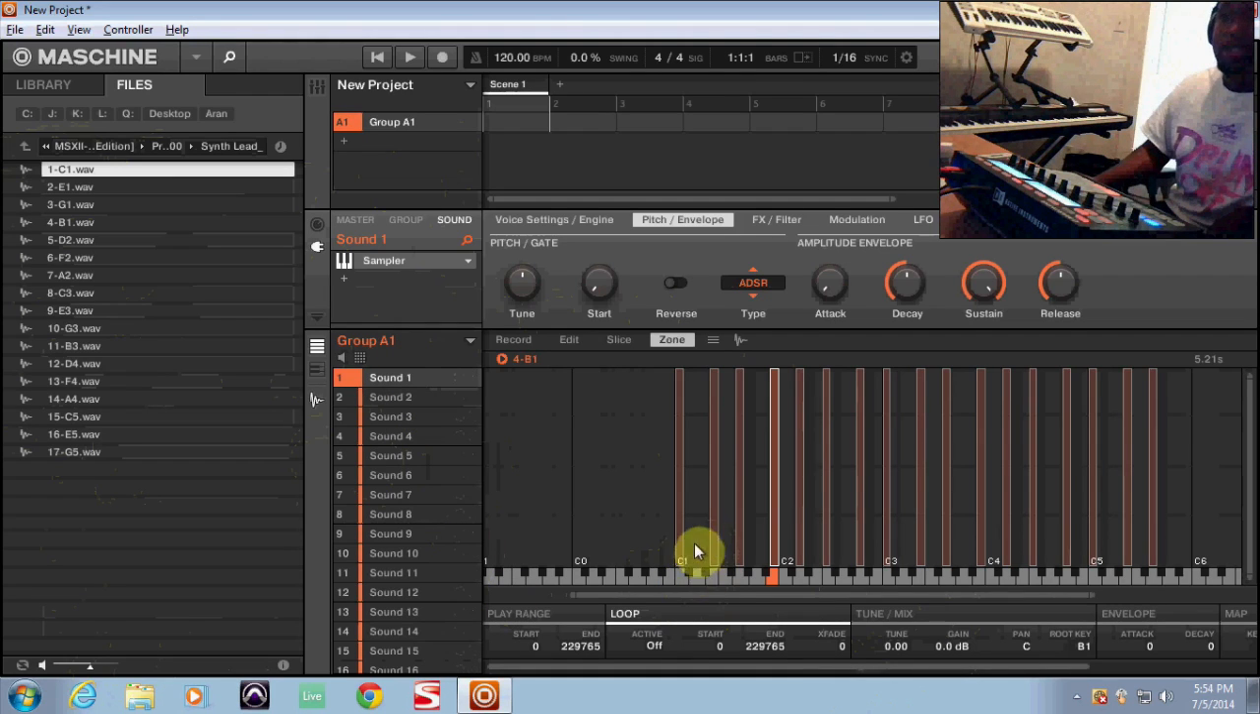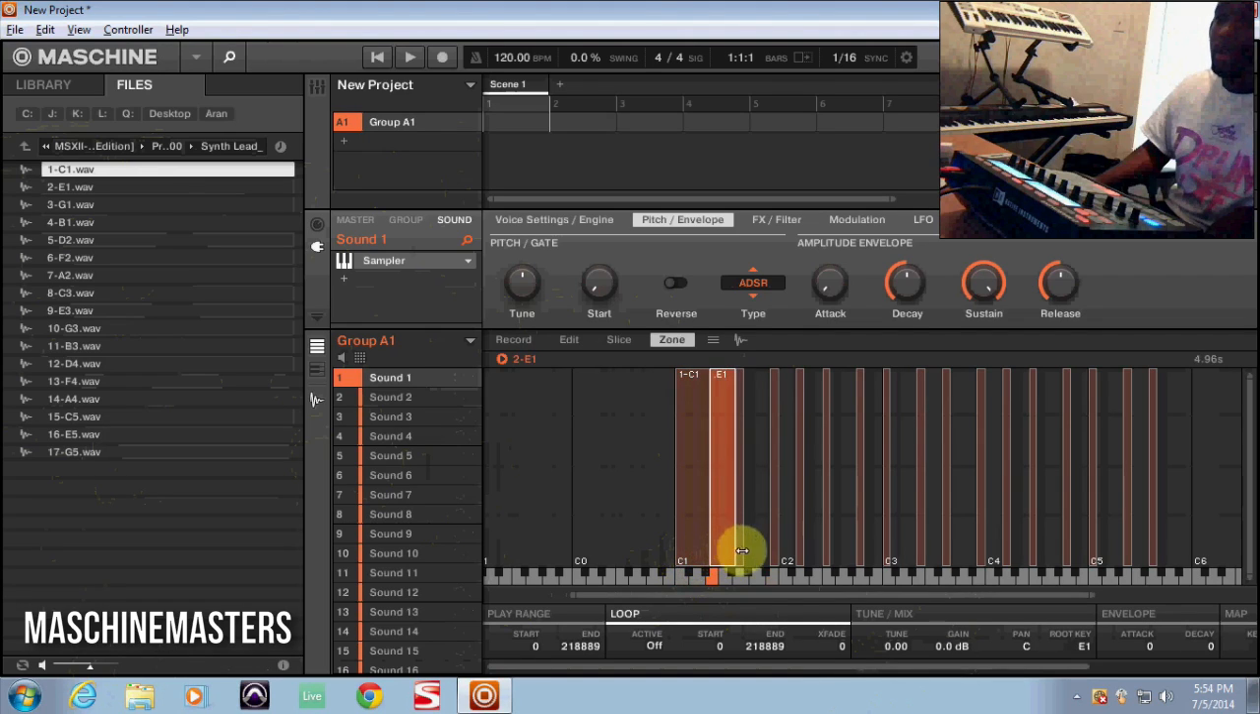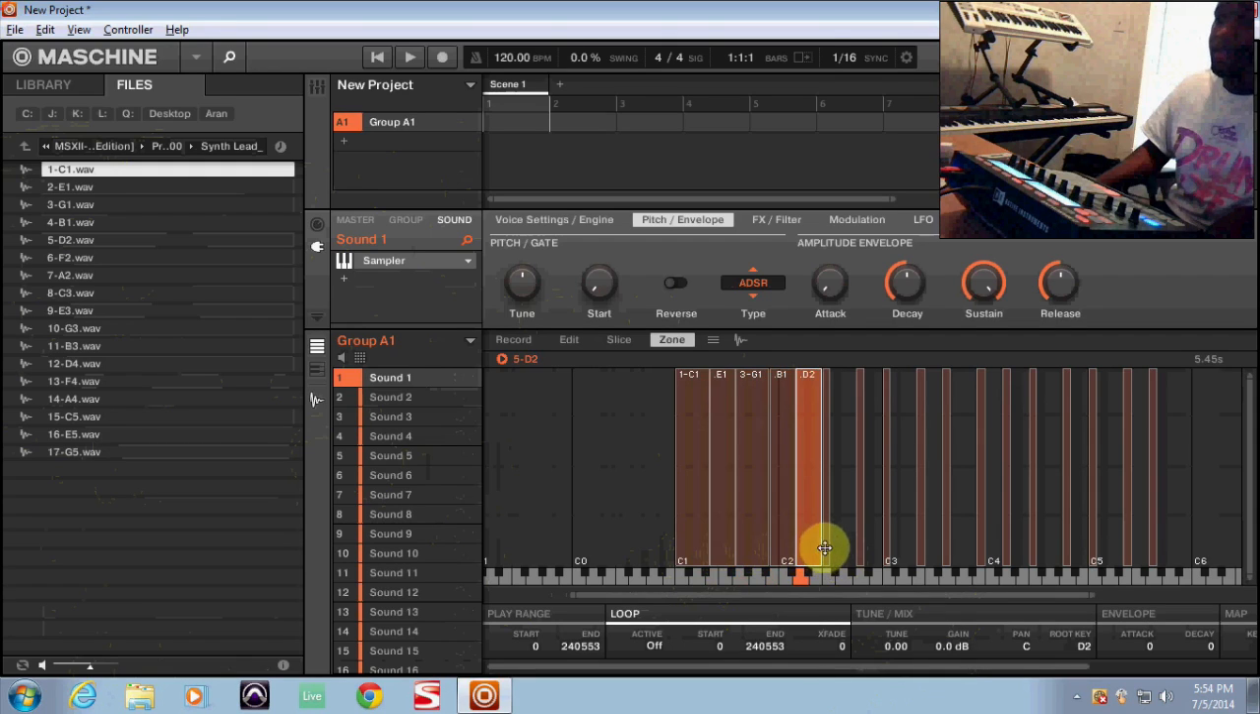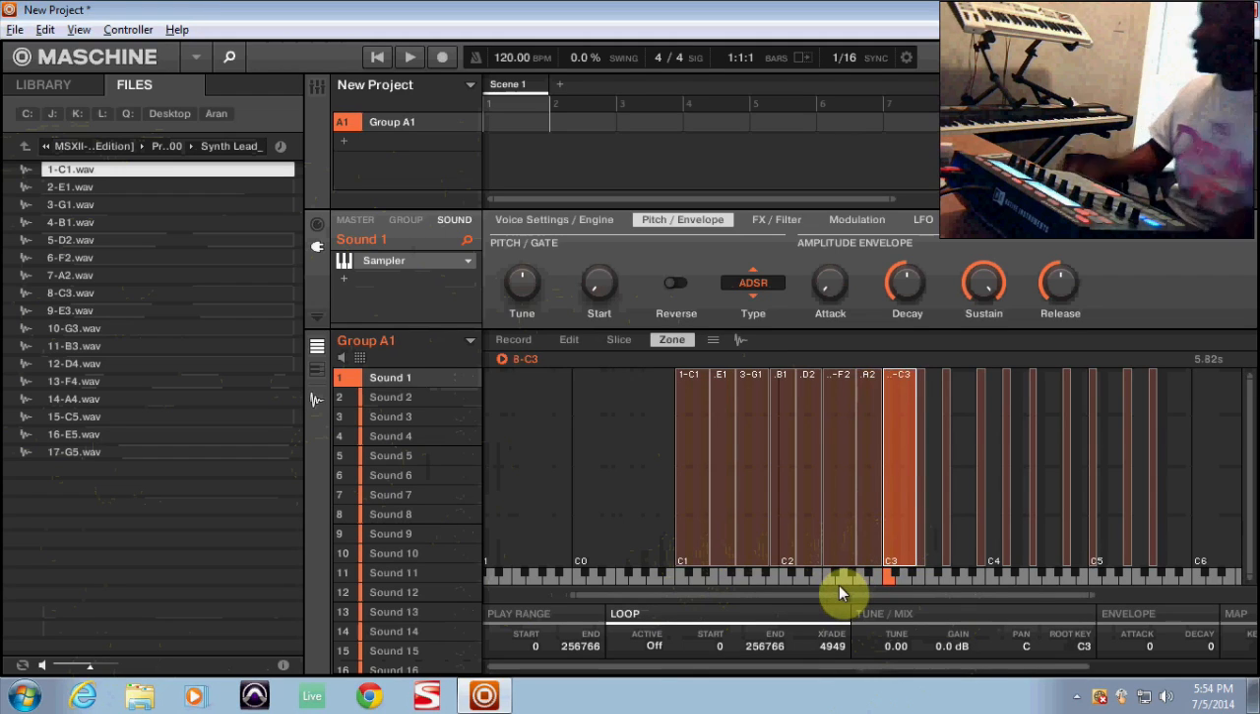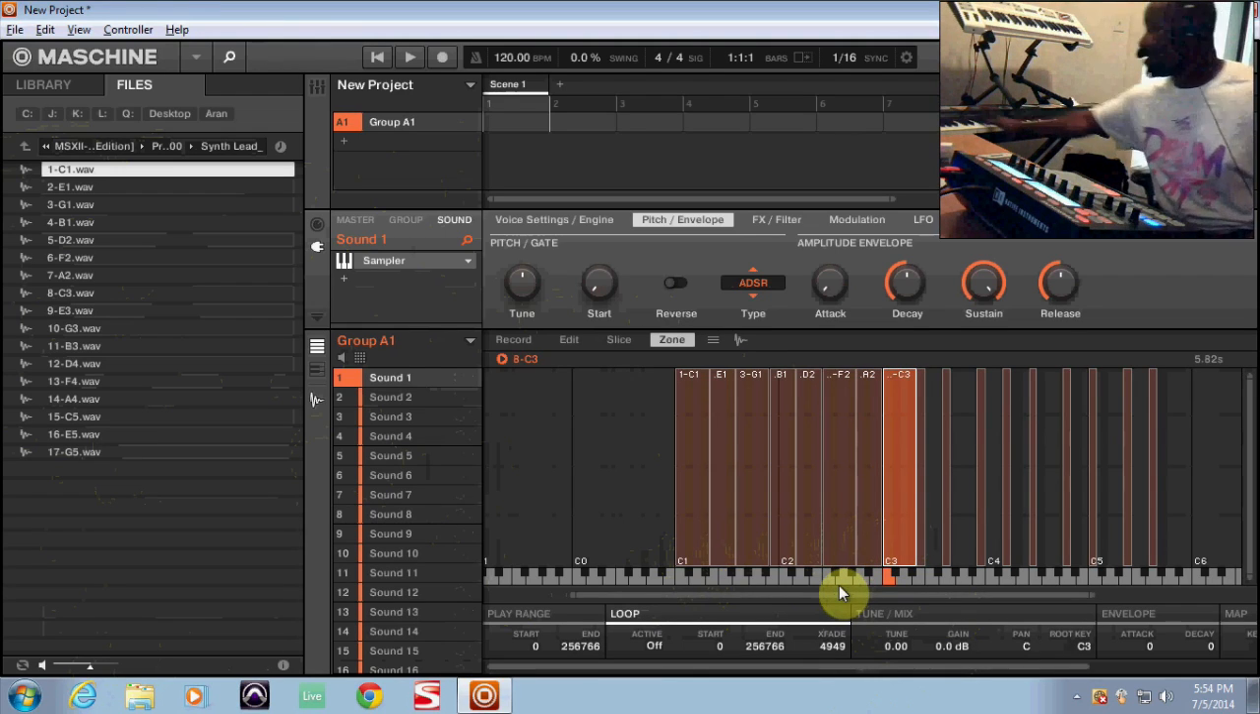So all you're going to do is go to each of these and drag it until it covers all the notes until you get to the next note, like so. I'm only going to do it 16 times just to give you an idea. Actually, I'm not even going to do the whole thing. I'm just going to give you the rough idea on how it's done. So we'll go up to C3. Now, as I play the keys,